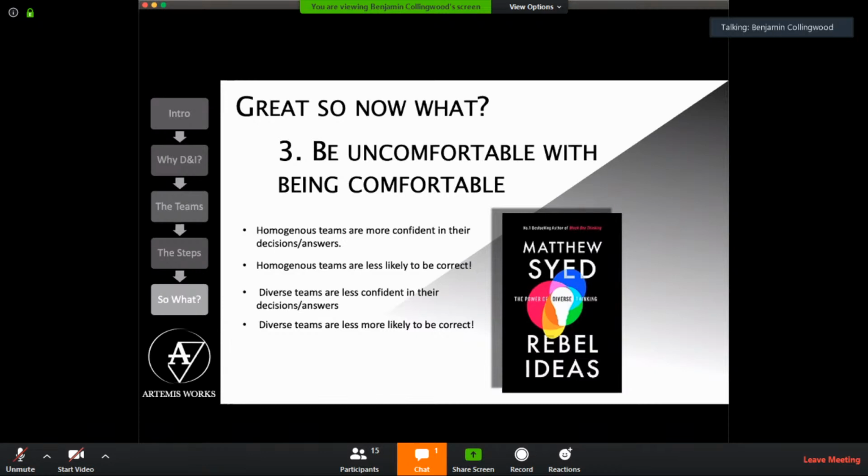And this makes sense, counterintuitively, if you think about it, because you've got more input, you've got more different options, you've got more people coming at you and going, I disagree with that for these reasons, I disagree with that for these reasons, I think we should do this, I think we should do that. So you're increasing the options, which reduces confidence, because you're going, well, all of those sound like really, really good ideas. So you've got to,